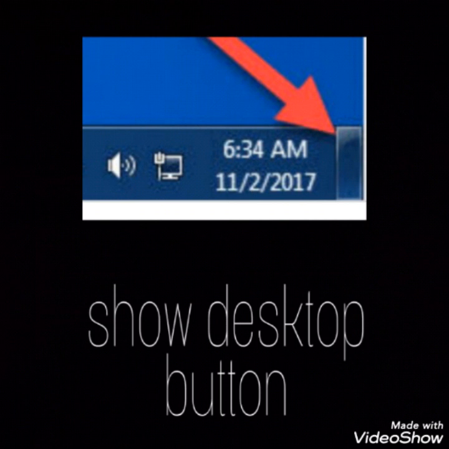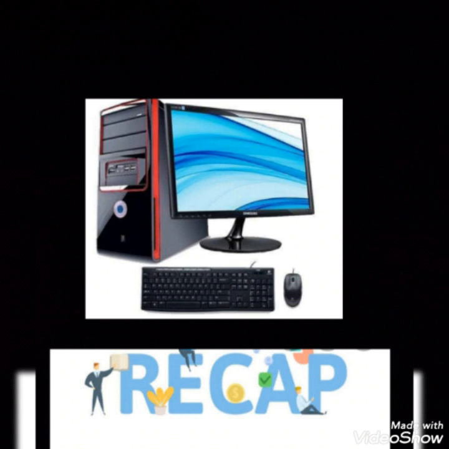taskbar. So today we have learnt what is desktop, a very common topic. The first screen which appears to you when you start your work is your desktop. And the various parts of the desktop, the taskbar and its various parts: start button, quick launch bar, notification area. So this is all about desktop in today's video.